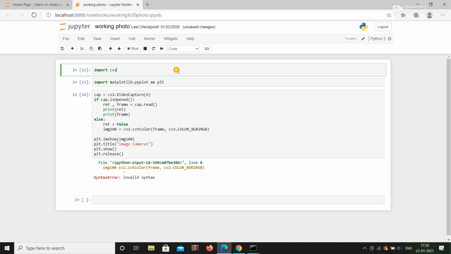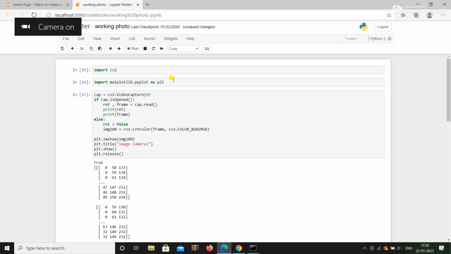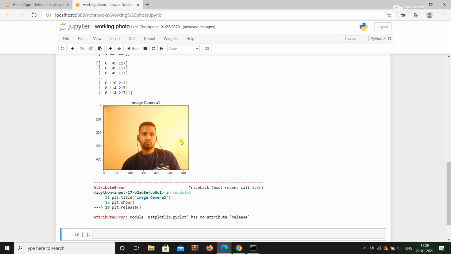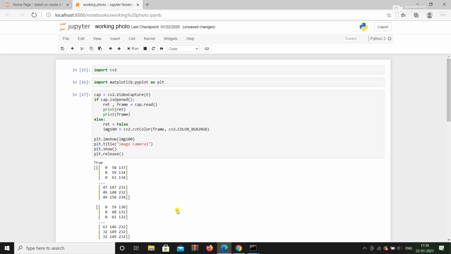Now I go to my output. You can see my picture has already been captured. But there is an error that matplotlib has no attribute, so it's getting an error, it's okay. What is the error?